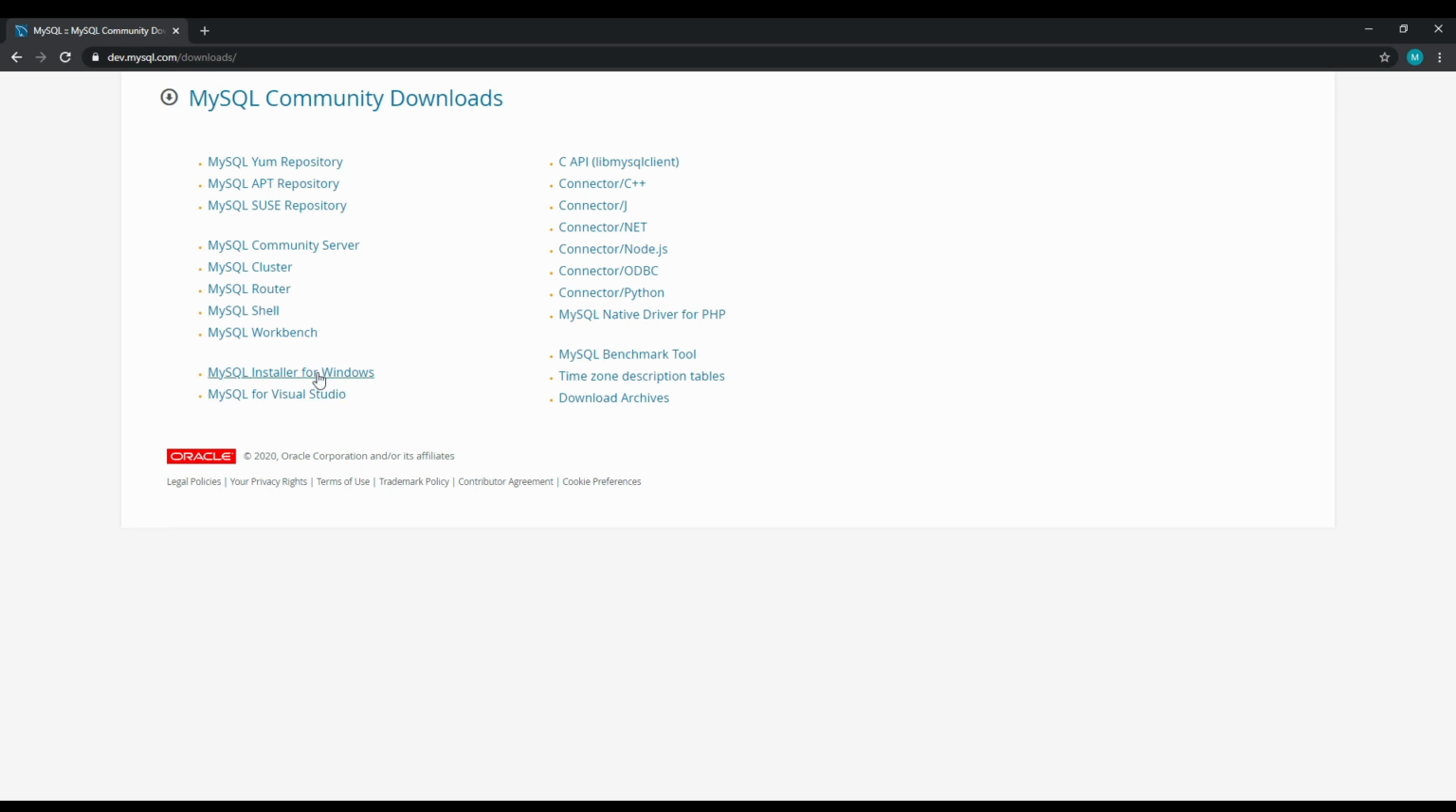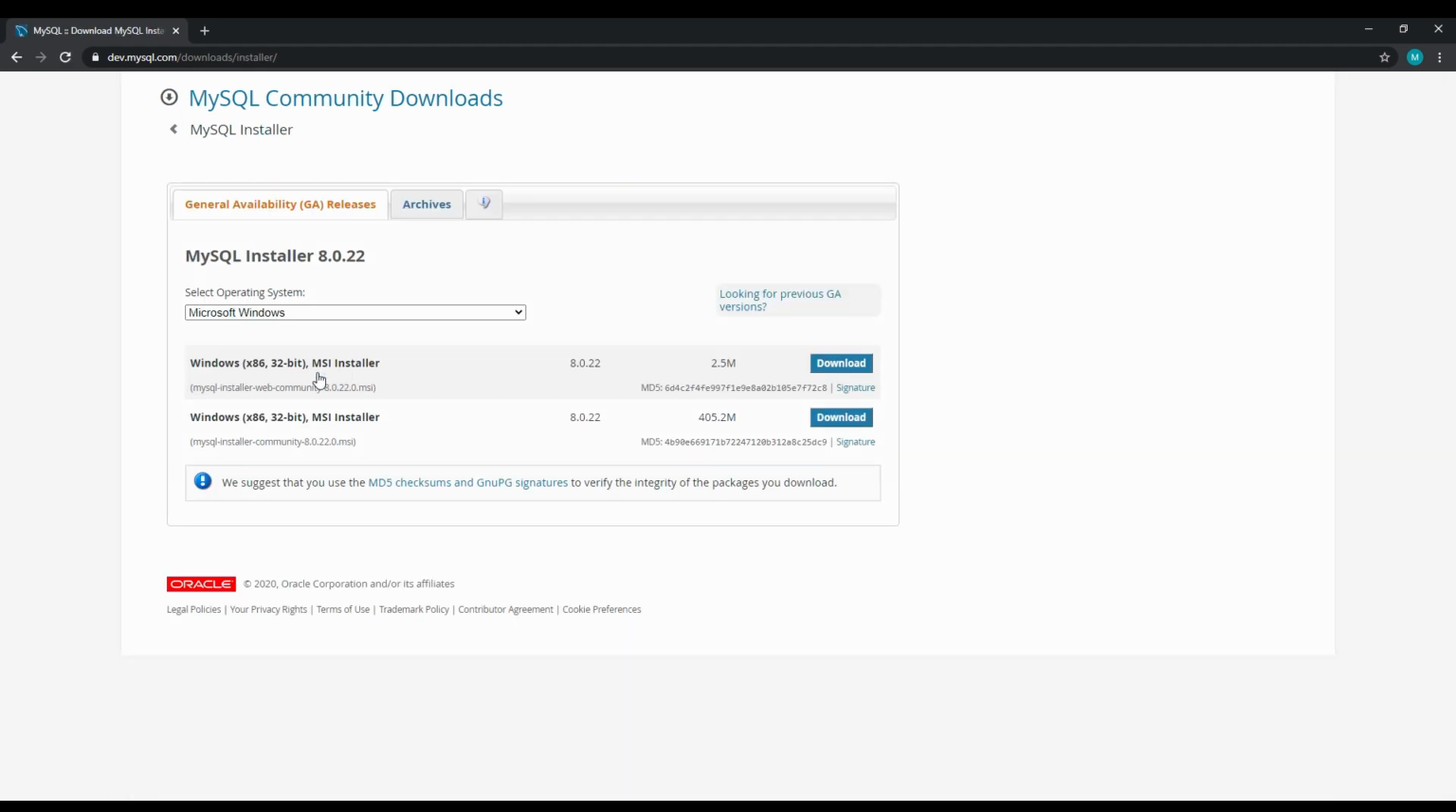What we want for Windows is the MySQL installer. So go ahead and click on that, where it'll take us to a page of the latest version, which as of this video is 8.0.22 of the MySQL installer. We'll hit download here. If you need any of the archived or older versions, you can click on the link